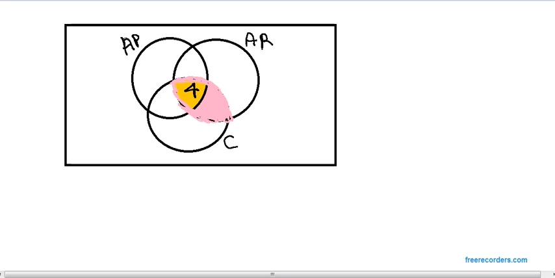So if you look at the problem, it says the number of students who have cheated and have an arrest record are 5. So we need a total of 5 in that region. Notice I've already got 4 in there, so to get a total of 5, I only need to add 1